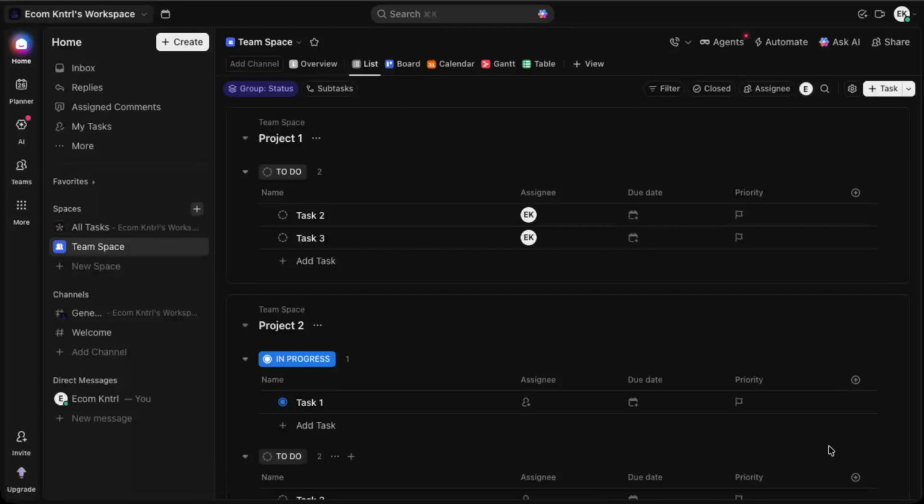And that's all there is to it. Go to list view, select your task with the checkbox, watch for the bottom options bar,